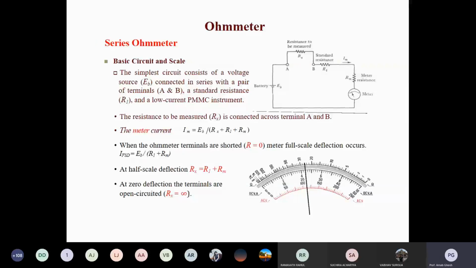Again, direct method means you can directly measure the voltage and current and take the ratio, because you have already considered that all the circuits are linear, operated in the linear domain, so they obey Ohm's law. That's why in this configuration you directly measure voltage and current and take the ratio to get the ohm.